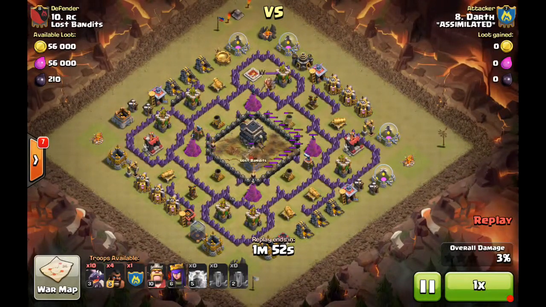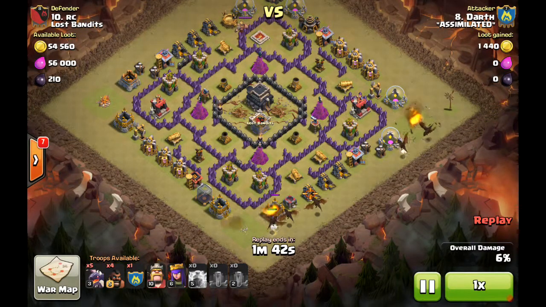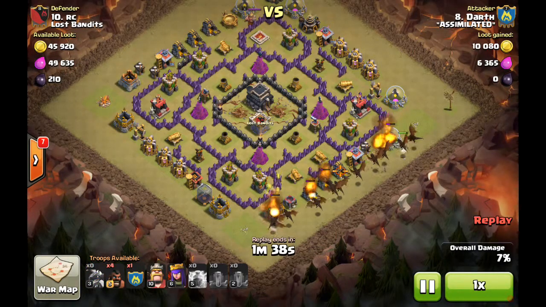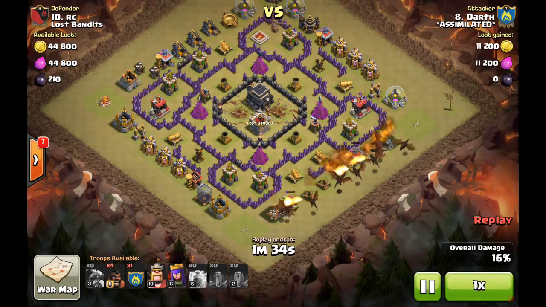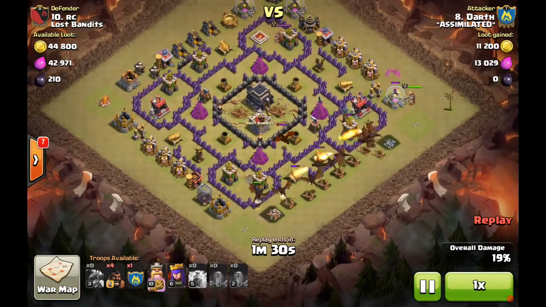And so he light quakes those inside air defenses and goes at the remainder. The only thing that I would have done here, and I'm not sure if he did this because of air sweepers or what, but you notice he's coming at it from the southeast side on that flank there. Which means he's not going directly at the air defenses. And I would have probably rather gone at one of the air defenses, so either southwest or northeast, coming in